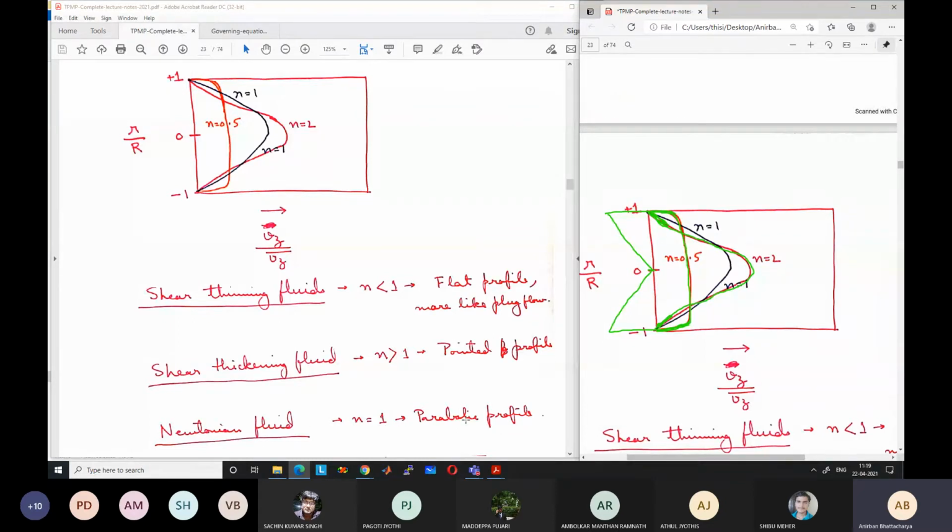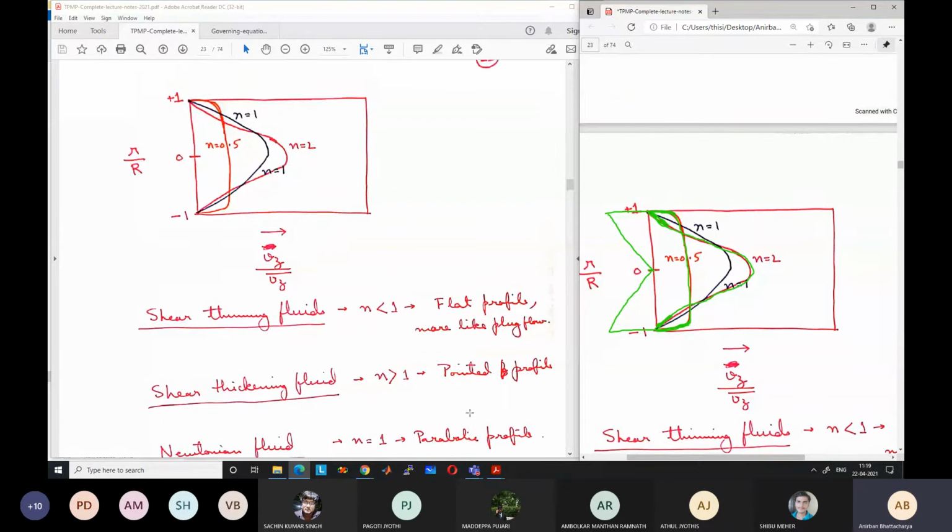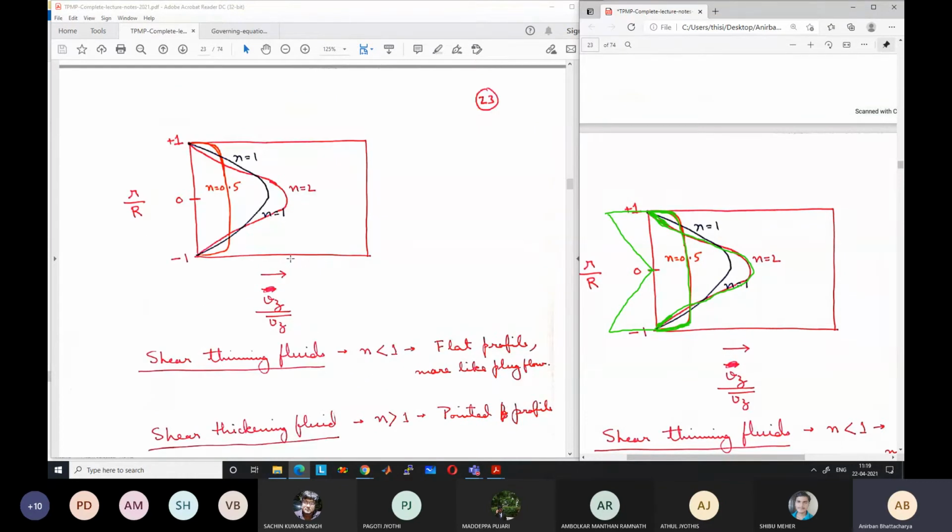There can be other models also that can be used, more complicated models, which may mimic the real life behavior in a more suitable way. So ultimately all these models are developed to mimic real life behavior to as much accuracy as possible. So it has been seen that this power law model mimics the real life behavior quite accurately. That's why it has become popular. But there are other models also which can predict similar types of behavior. Okay, anybody can develop a model if they can show that their model is predicting the real life behavior in an accurate way.